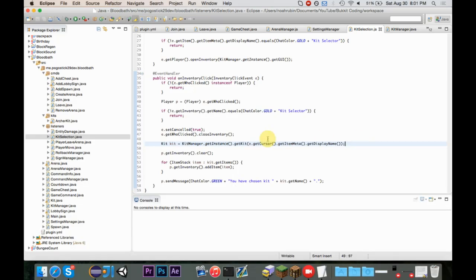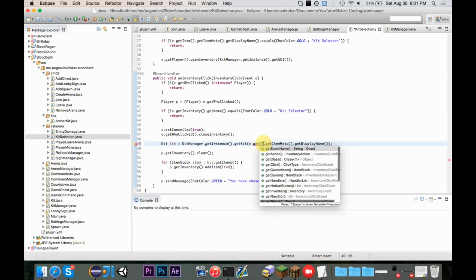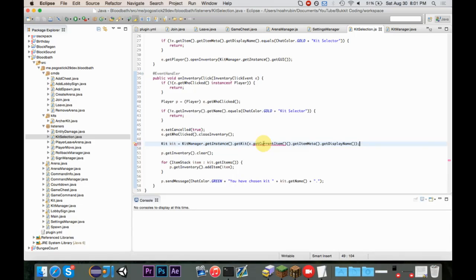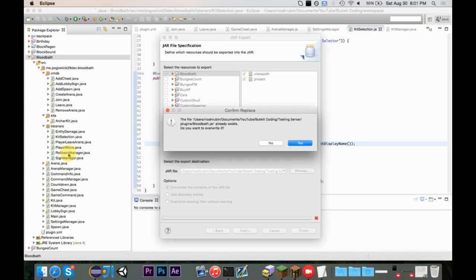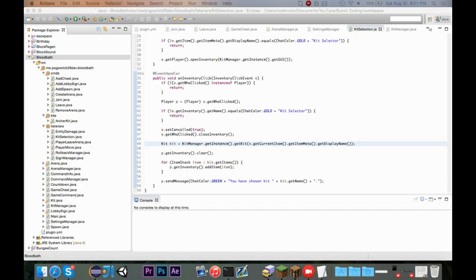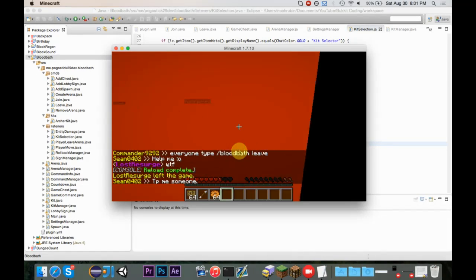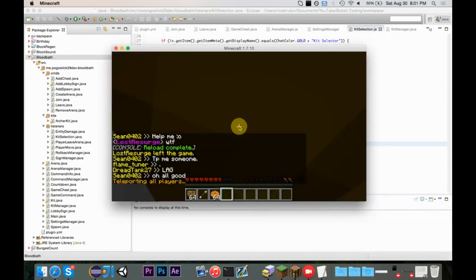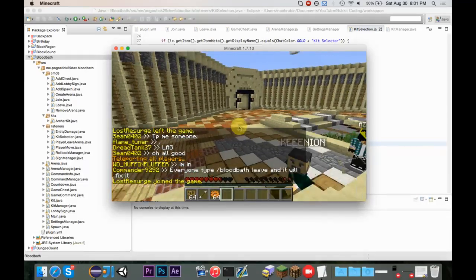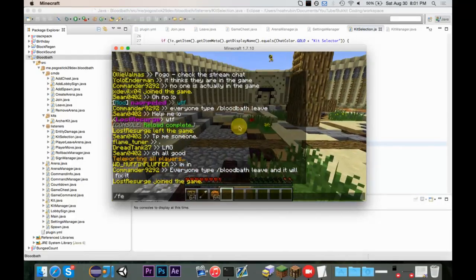So it gets the kit for e.getCursor. Maybe instead of getCursor, it's getCurrentItem. So let's try switching that and see if it'll stop the null pointer exception from coming. Okay. So I'm going to stick that on, and now I'm going to reload, and now I'm going to bring my cursor back. And now I'm going to do TP. Oh, okay, there. So I brought everyone back to the spawn,